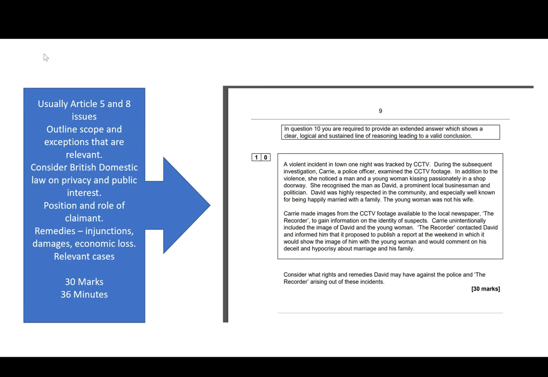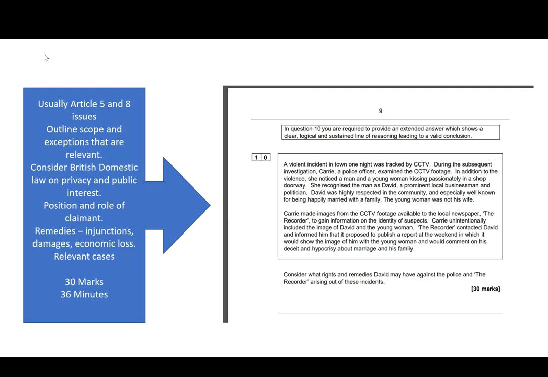There'll generally be a bullet-pointed list to identify the kind of knowledge to demonstrate. Knowledge of relevant law will be needed, also how the European Convention on Human Rights and British law are balanced. In 2019, the scenario involved an animal rights activist group and their actions, which ones were permitted, which were criminal, and what powers the police had to prevent those that broke domestic law. There are 30 marks available for this question, and 36 minutes should be spent writing the answer.